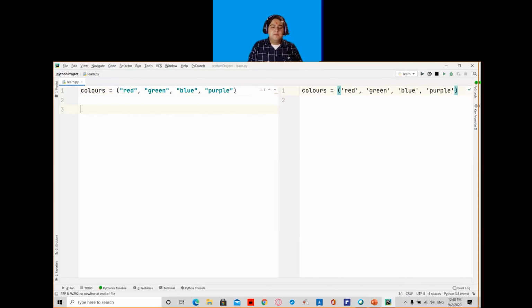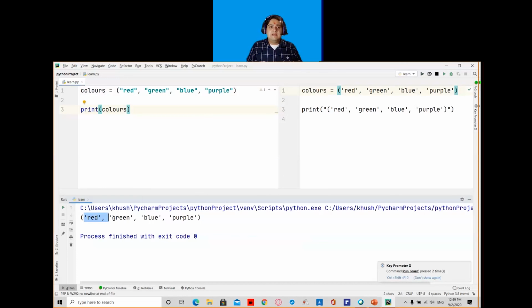If I want to simply print this tuple, I will call the variable colors. So I will write print, and inside the brackets I will call my variable, which is colors. If I run this program, it will give me my output as red, green, blue, and purple.